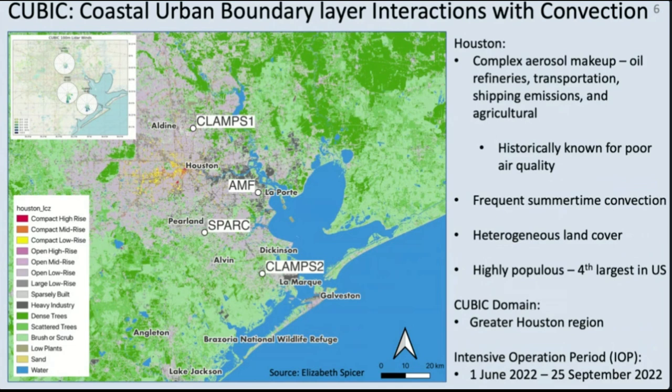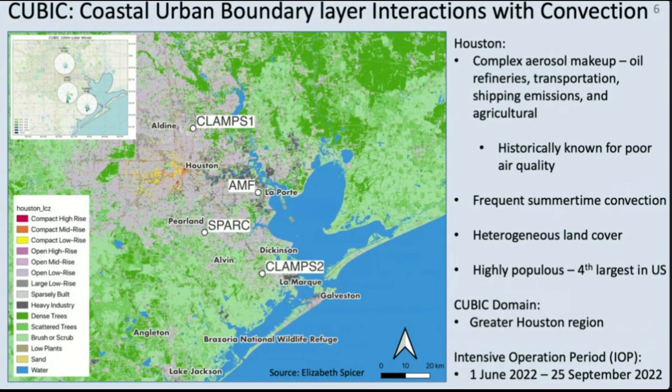The city has a history of poor air quality, as we saw on the last slide, in part due to the numerous pollutant sources from this urban region, including things like oil refineries, transportation, shipping emissions, and agricultural operations. Many operational numerical models also struggle to accurately simulate the PBL in Houston and its summertime convection